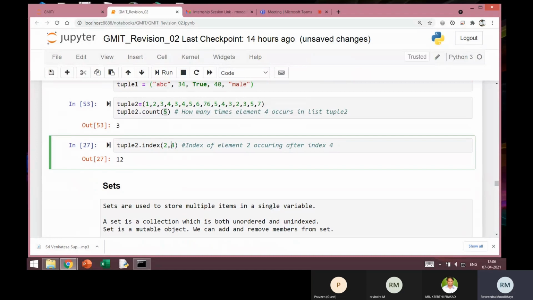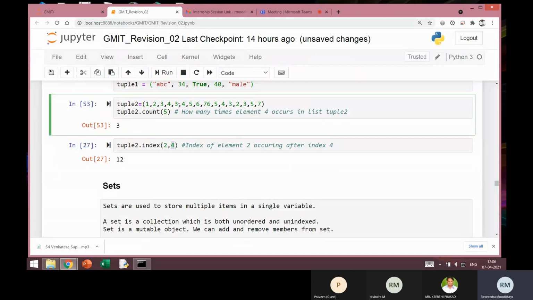The second argument is the integer value, the index position, and the first value is the value that you are searching for. What is the index of value 2 after the index position 4? After this, you can see that 2 is somewhere here. So its index is 12.